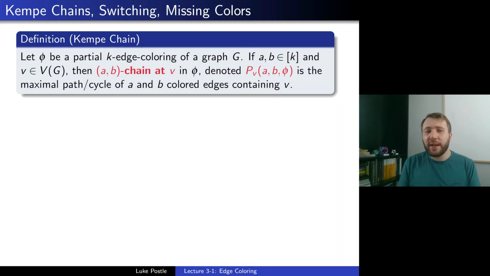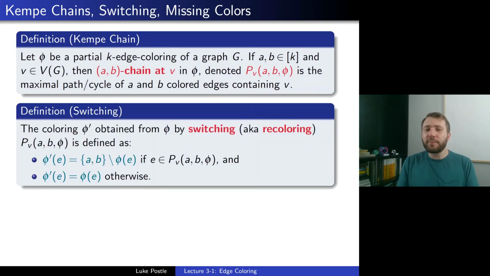These are called Kempe chains, as developed by Kempe in his failed proof of the four-color theorem back in the late 1800s, but they're key actually to edge coloring. So we're going to use them, and an operation we'll call switching. So the coloring phi prime obtained from phi by switching, also known as recoloring, this path P_v, is defined as,